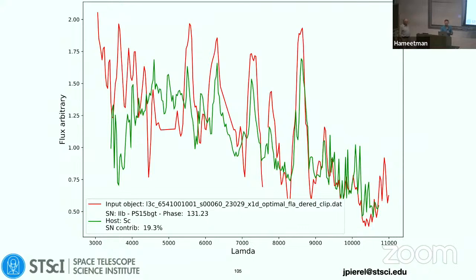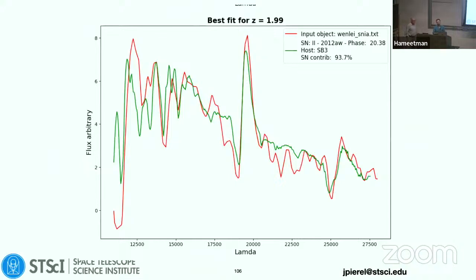And then we also have this redshift 2 Type II that tricked us. We thought it was an Ia in a redshift 2 quiescent galaxy that we thought was going to be Ia based on both host properties and the early light curve,